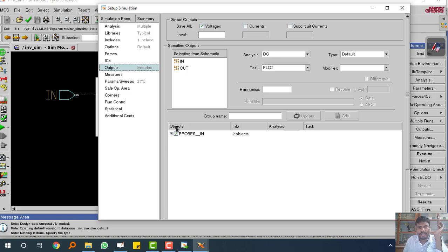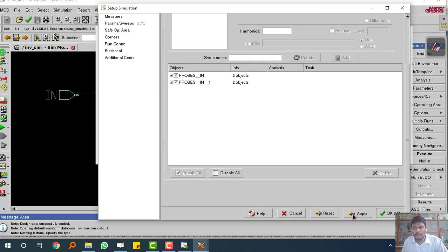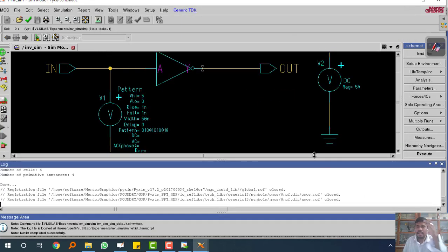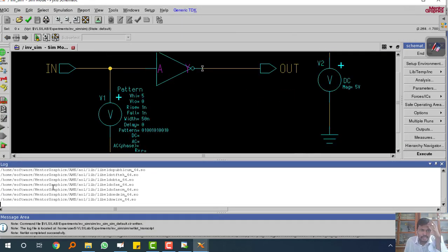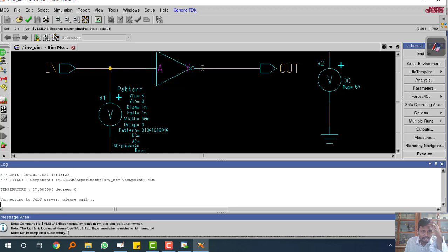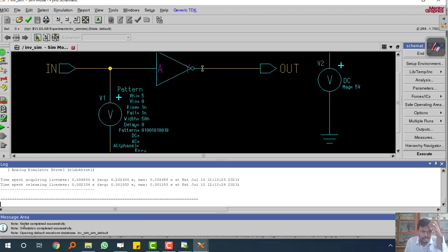First I will add these two for DC analysis, then I will plot it for the transient analysis. Now I will run apply, OK and run. Here you see netlist completed successfully and simulation completed successfully. So simulation wise there is no problem.